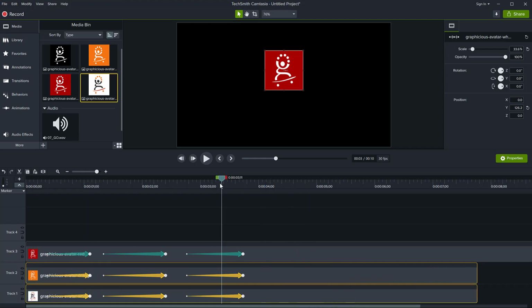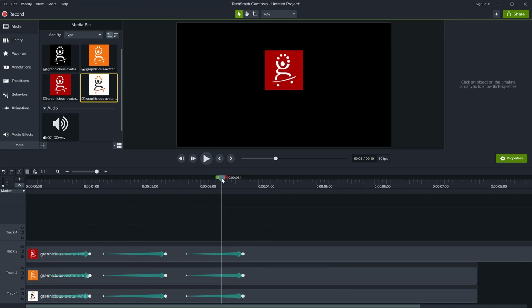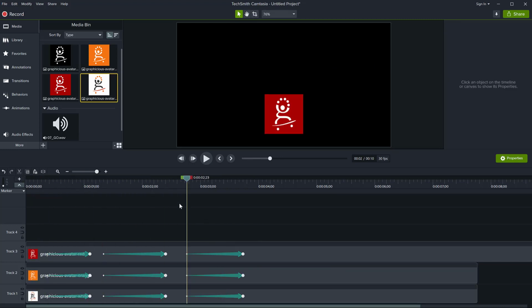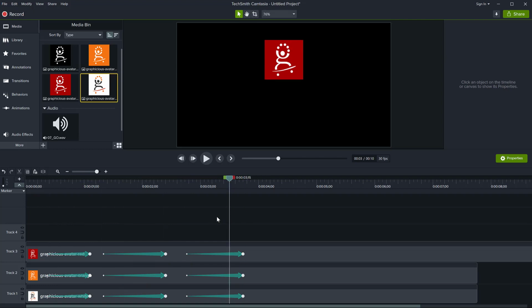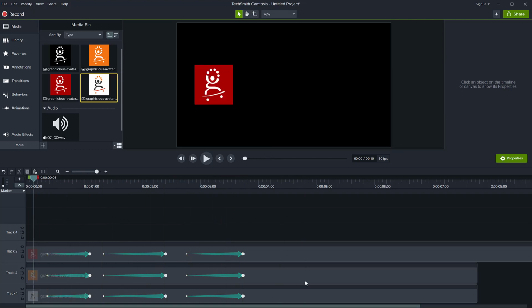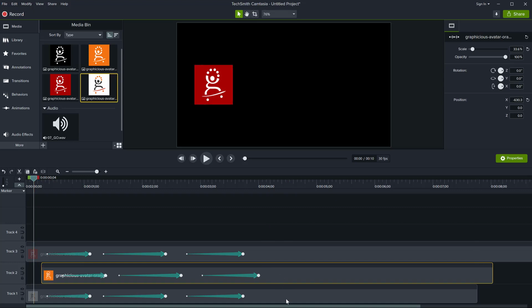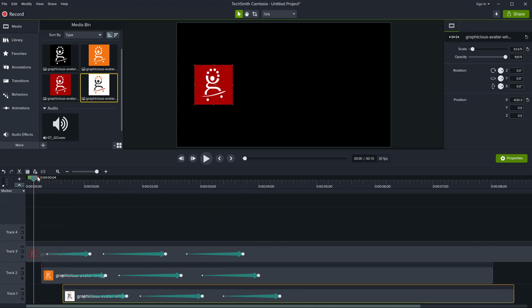If I want this effect to happen to all of them so I can see them, because they are moving now in the exact same place, all I have to do is select these ones and move them if I want them to enter the scene later, and the animations will go with them.